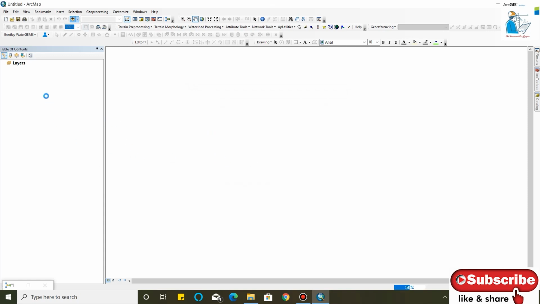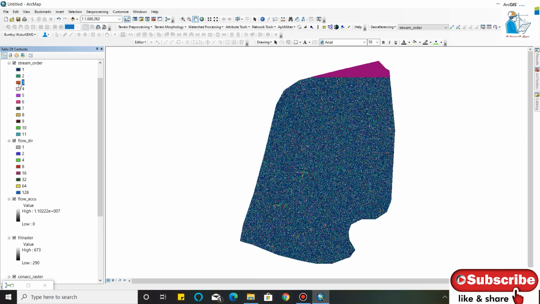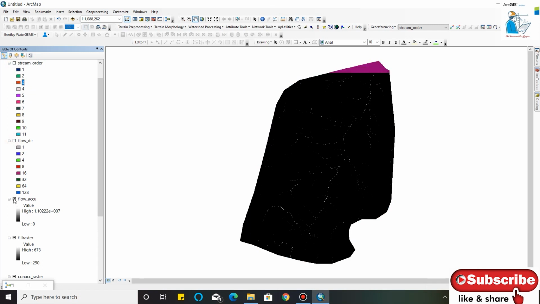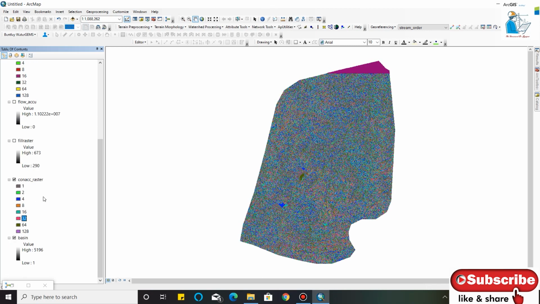I will import them in the table of contents and see how the watershed is delineated. This is the flow direction. This is the stream order. This is my basin.